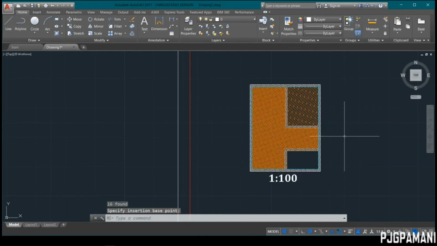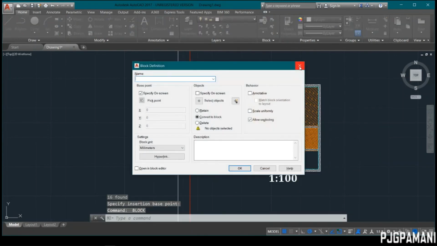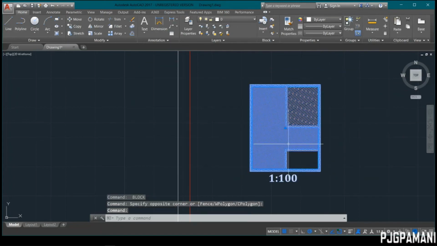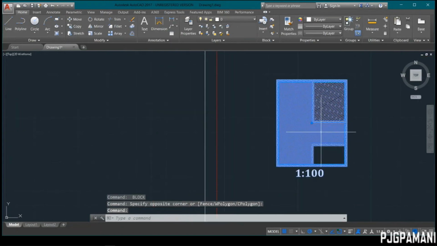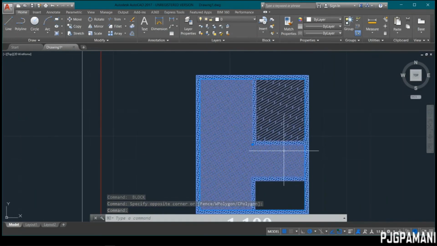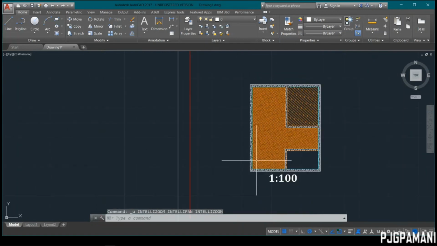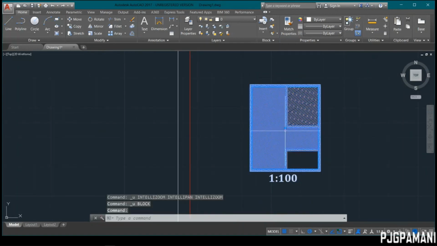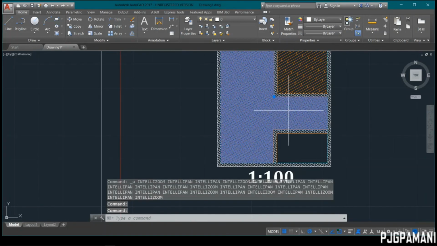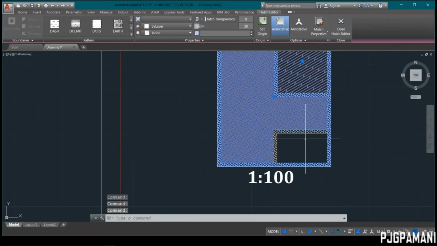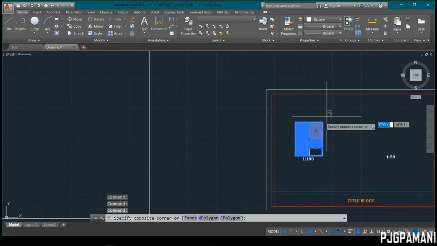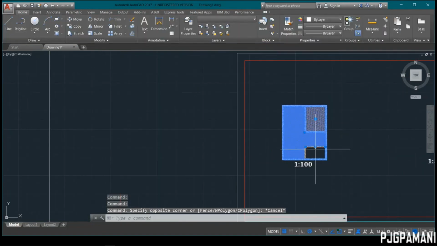Okay na. So, with that, this is now a block. Isa na siyang buo. Alam mo? Before, kailangan natin siyang select ng isa-isa. Tama? Or, ganun na lang na buo. But, with block,